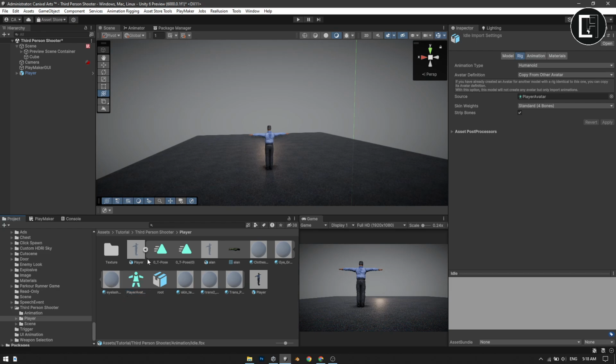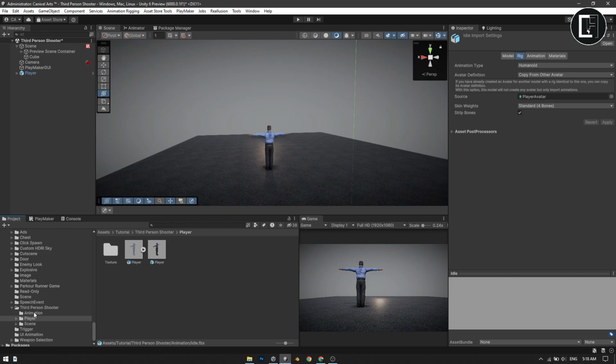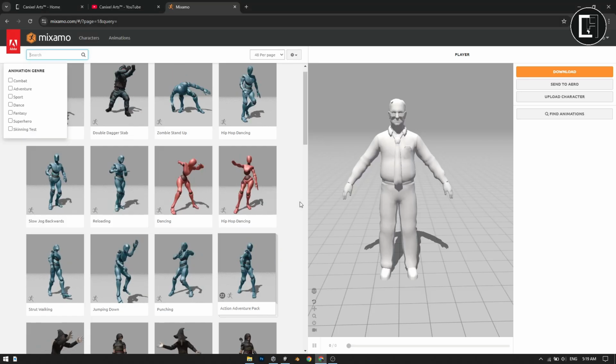So when you change the animation type to humanoid, you're going to copy from the other avatar. Which means that when you download the animation from the site of Mixamo,